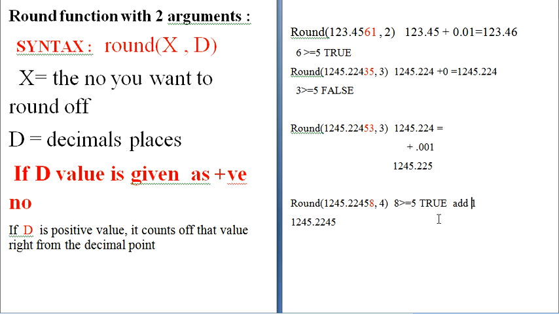Where to add this? How many digits is it taking? 4. So after the decimal, 4 digits: the first 3 digits you give as 0 and the 4th digit you give as 1, and you have to add this.